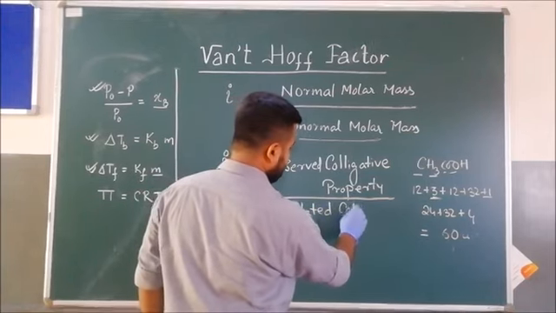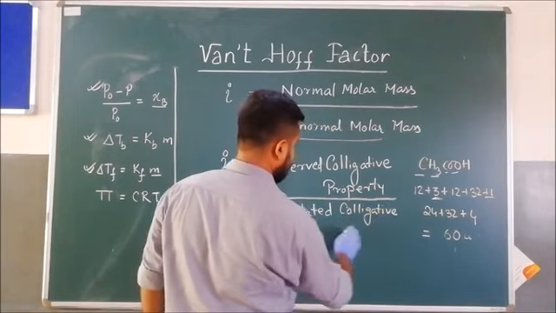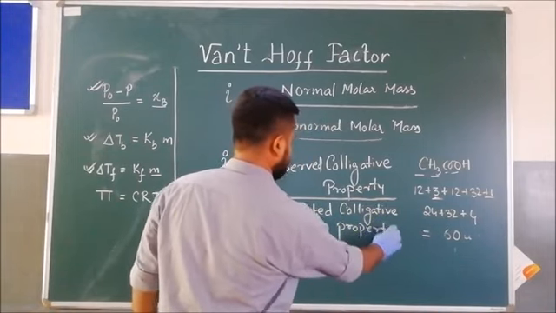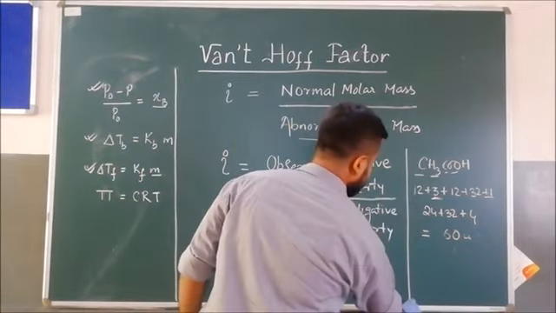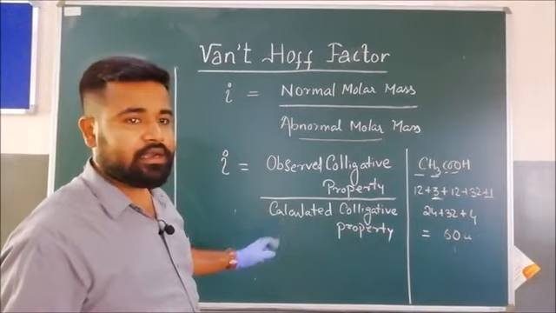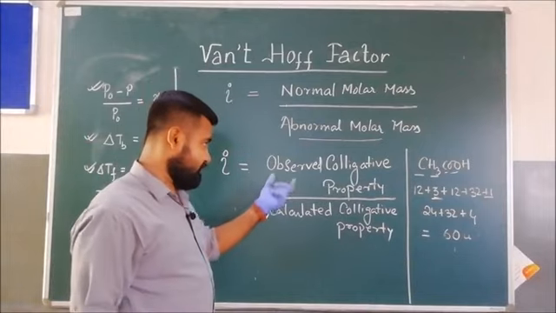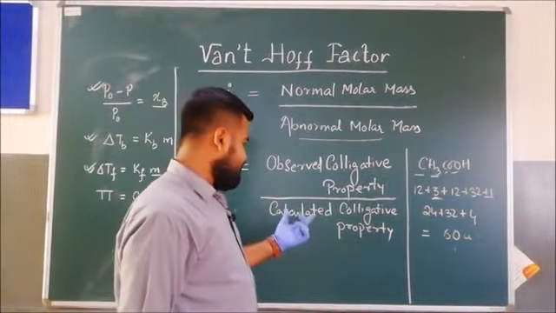Clear? So the second formula is that observed colligative property by calculated colligative property. Now see, one thing is there: here we are writing observed colligative property and calculated